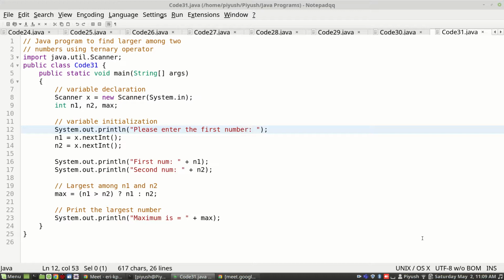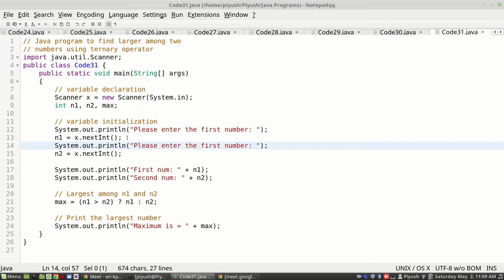Like I have said, I have used int, but in your assignment you will make the program more generic by taking double or float. Second number, and then your first number is n1, it will print like that.